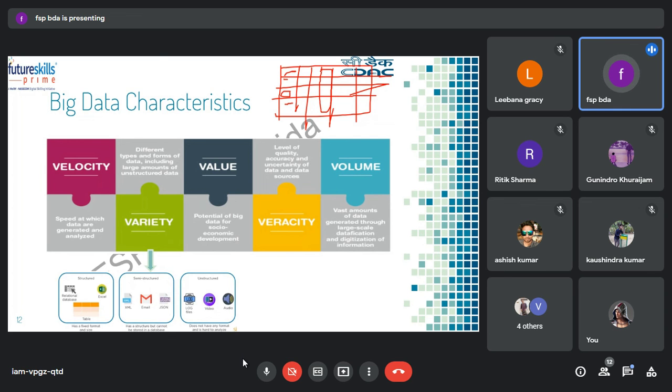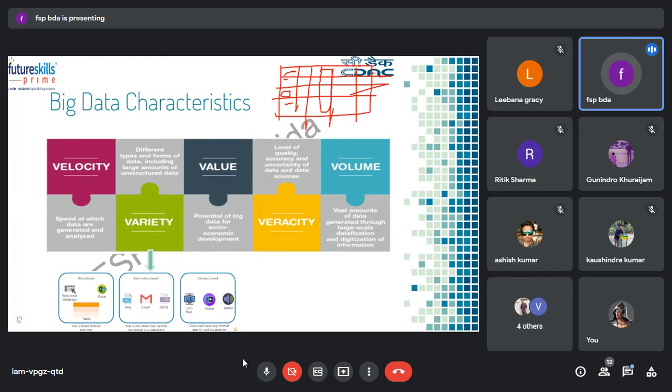If you are not rectifying all those things, and you are using this dirty data, then when you analyze it, the result you get will not be of good quality. The leader will not be able to take any decision. If we take some decision after analyzing this dirty data, the decision could be wrong. So first, your data needs to be clean. There are several methods to clean this data. This comes under veracity.